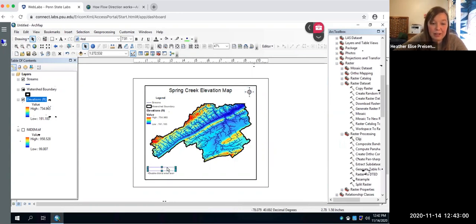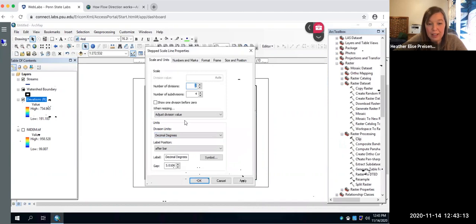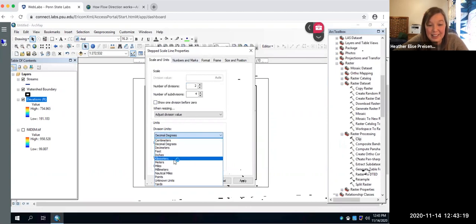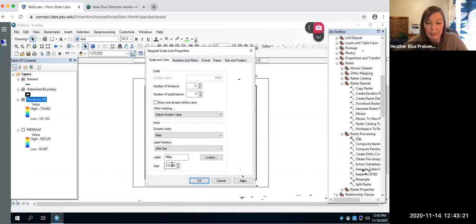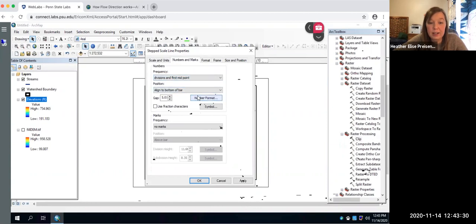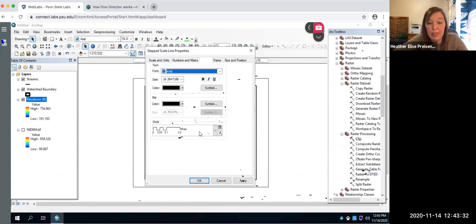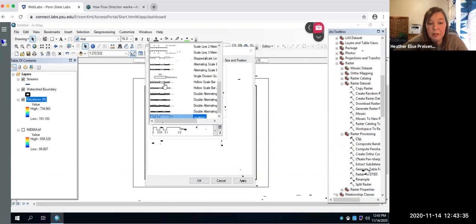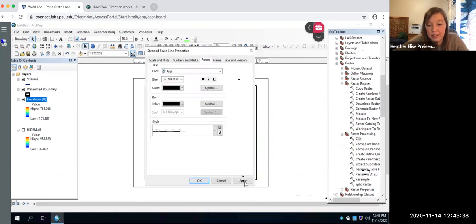And then your scale, oh my goodness, there's no way anybody could read that. So let's move our scale over a bit and make that bigger. And it's in decimal degrees. I think probably it would be better if we gave units that more people are familiar with. So let's go ahead and change the units to miles. Since our elevations are feet, it would be best for consistency if we keep in these English units. So let's go ahead and use miles for our units on our scale. And then we can pick the format that we want. I prefer one of these alternating ones up here. So if we do that,